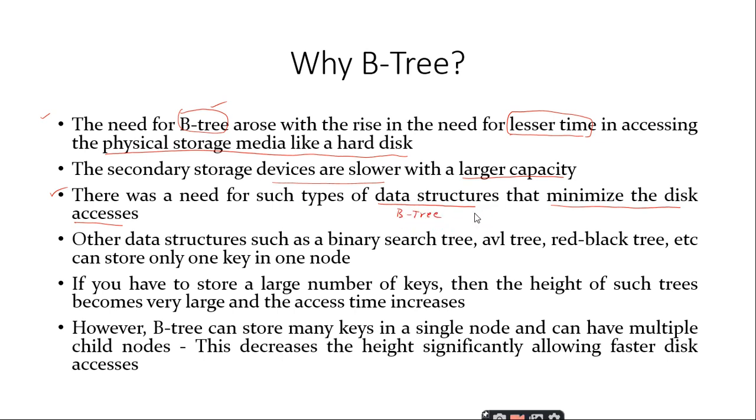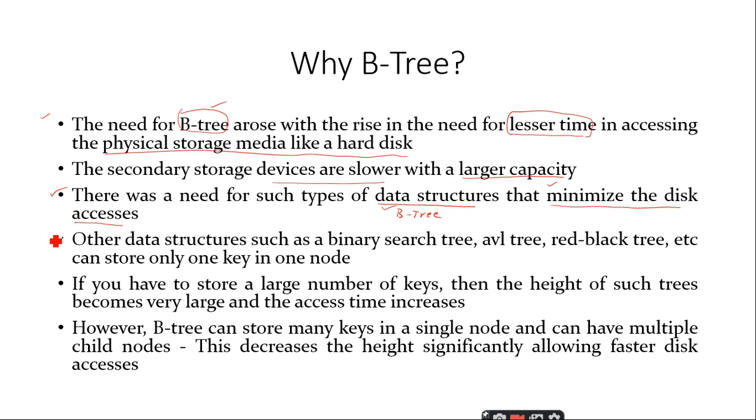So the simple summary of all these points is, in order to minimize the disk access, we are making use of a data structure called the B tree, where we will store the data with respect to all the properties which we have discussed earlier, right? All the nodes are in sorted order, every node can have more than 2 children, and all the leaves should end at the same level. All these properties we will follow. By following those properties we will construct a B tree, and by constructing the B tree we will minimize the disk access time. Is it clear?